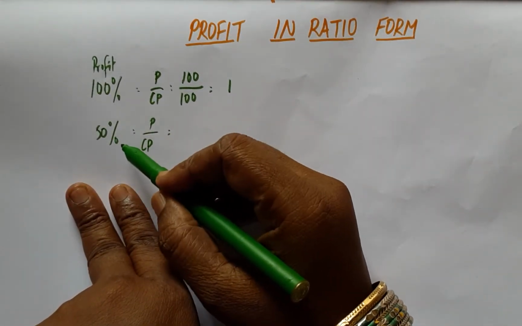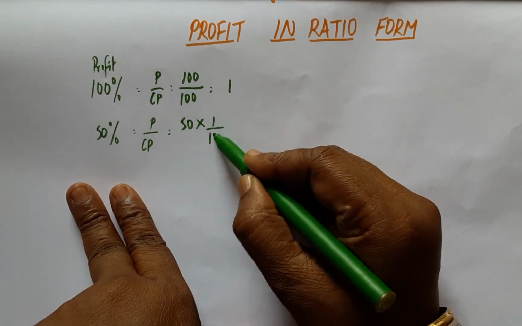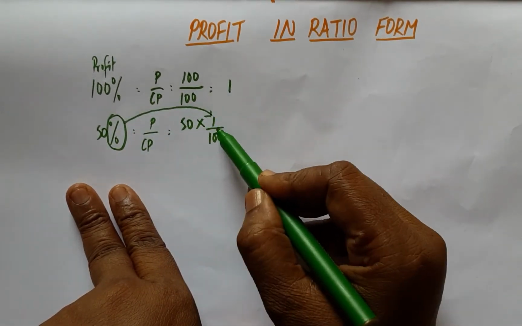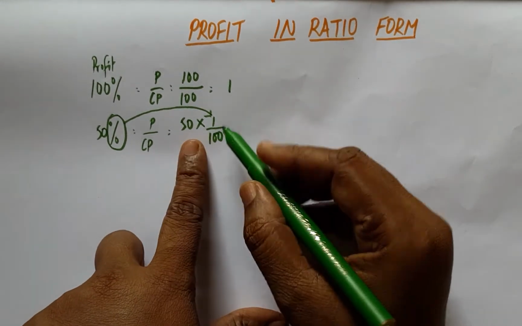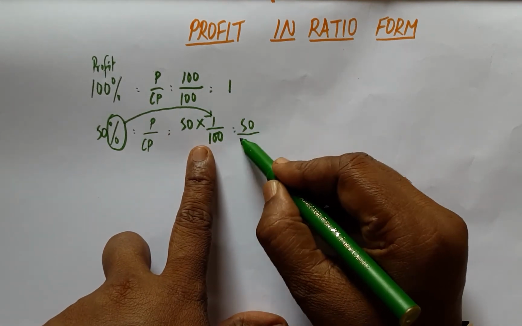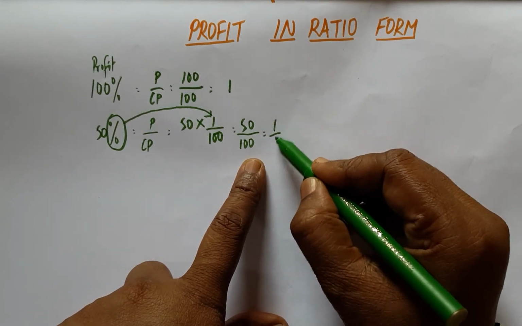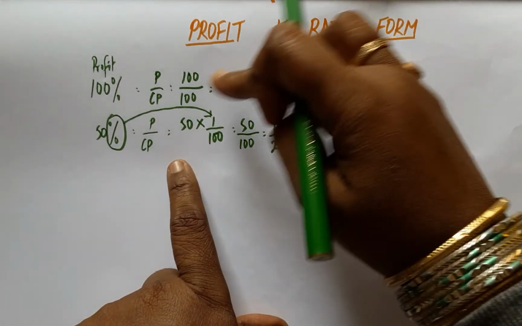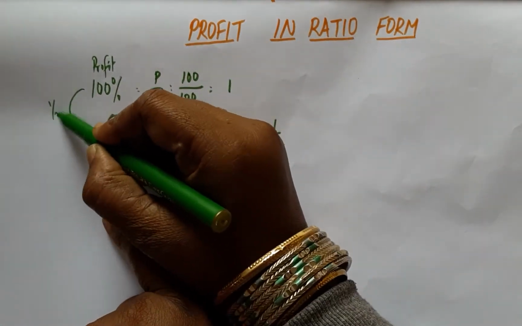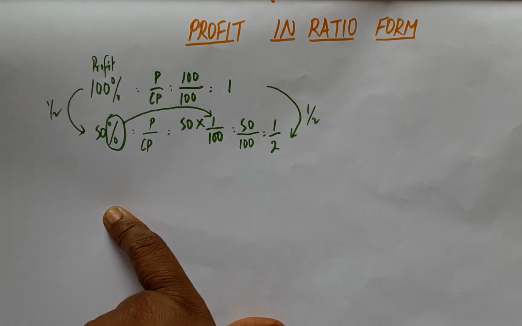By 50% profit, I mean to say that I have made 50 rupees. For this percentage sign, I will multiply 50 into 1 by 100. That is, I have 50 rupees profit out of 100 rupees CP. On a 100 rupees CP, I have managed to obtain 50, and the final fraction will be half. This is half of 100. Now the fraction is also half of 1.